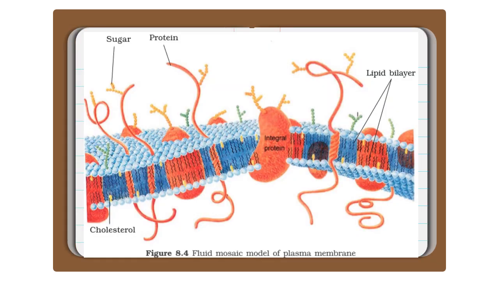So here comes the structure of the plasma membrane. The plasma membrane is made up of lipids and proteins. Here you could see the blue colored portion of the lipids, that is the hydrophilic part of the lipid, and the black colored tail coming out, that is the hydrophobic part of the lipid. So this is water loving and this is water hating.